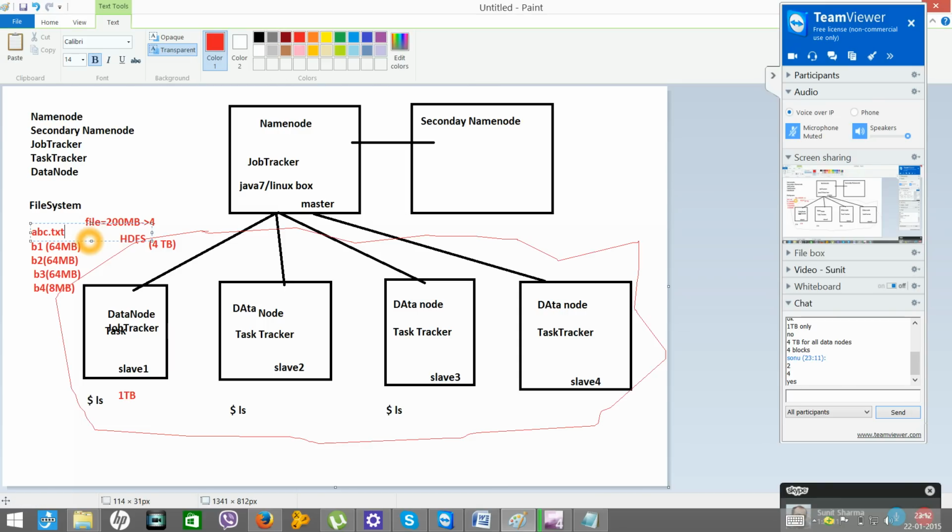Are you getting my point? I had a file called abc.txt. The size of the file was 200 megabytes, and I gave that file to Hadoop. Now in Hadoop, the default block size is 64 MB. That means this data will be stored in 4 blocks.